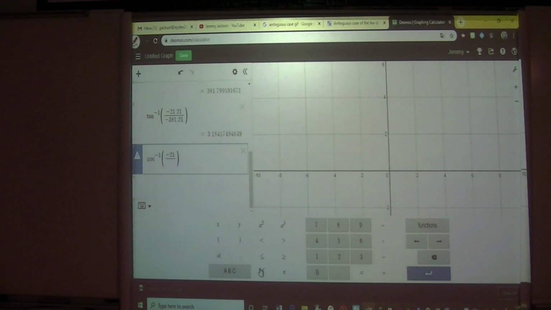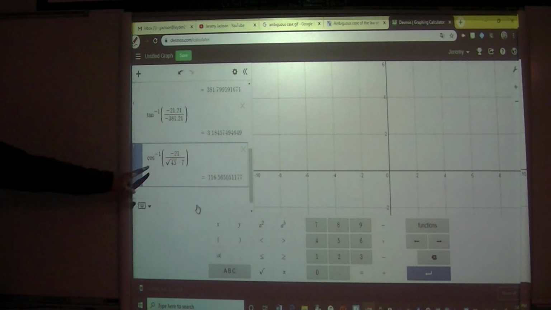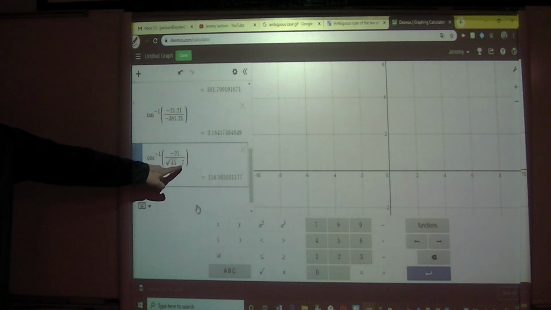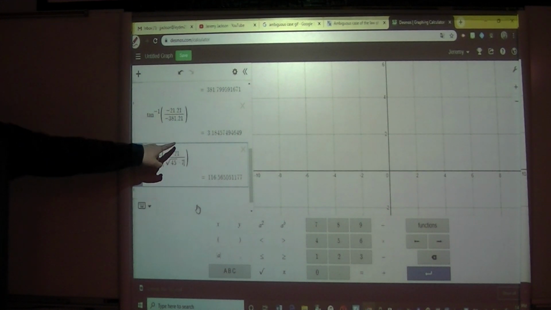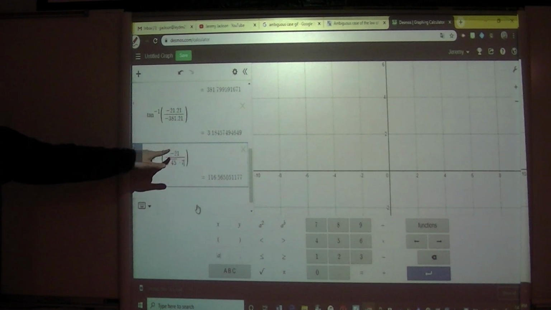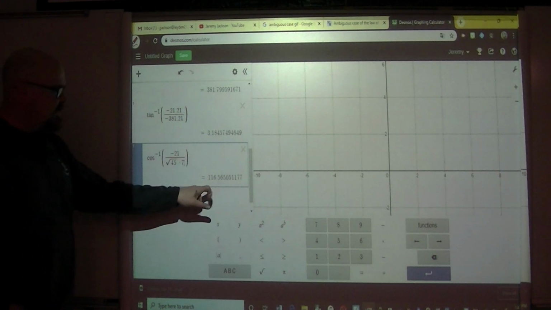Start over. Square root of 45, arrow over, times 7. So we have the square root of 45 times 7 on the bottom. That's the product of the magnitudes. We have -21 on the top. That was their dot product. We're taking the inverse cosine. We get